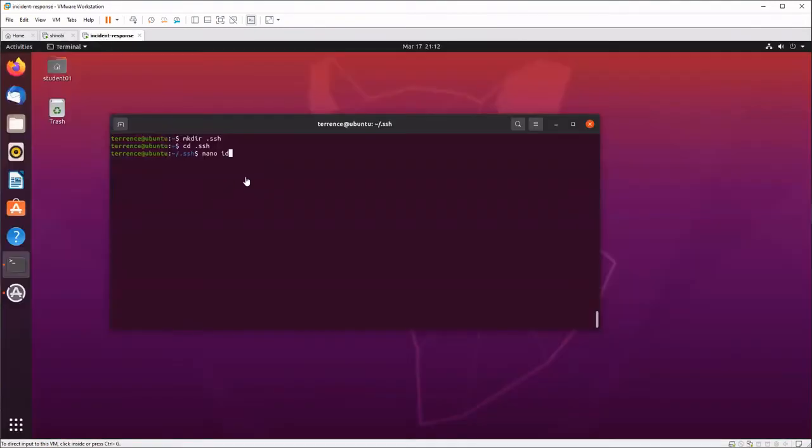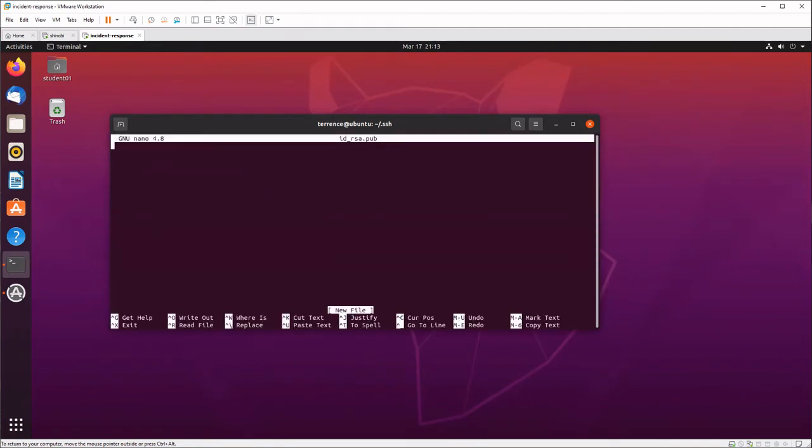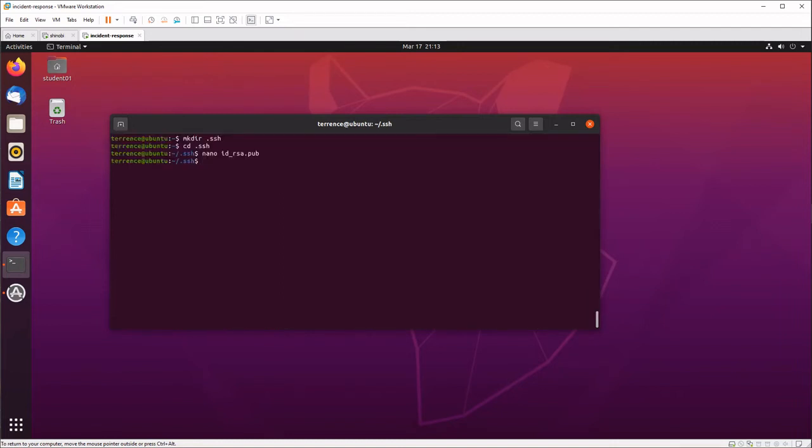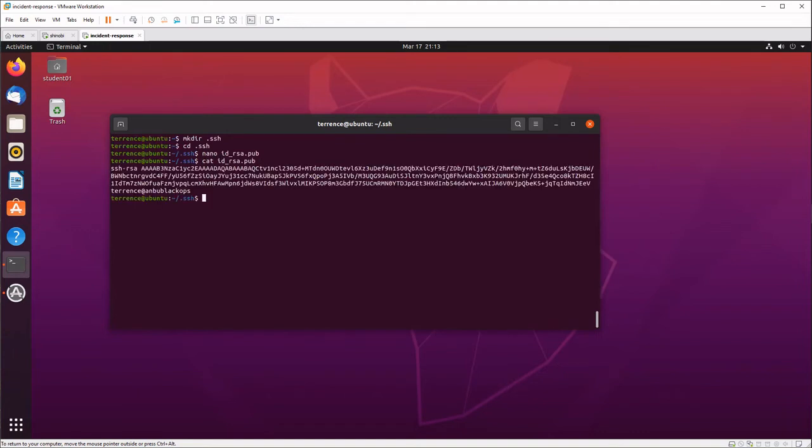What's the name of the file? id_rsa.pub. I'm going to use a text editor called Nano. Just think of it as Notepad, to make a file called id_rsa.pub. Paste the key in here. Save that. We can open it up. That's the key. But actually, I think the public key needs to be in a file called